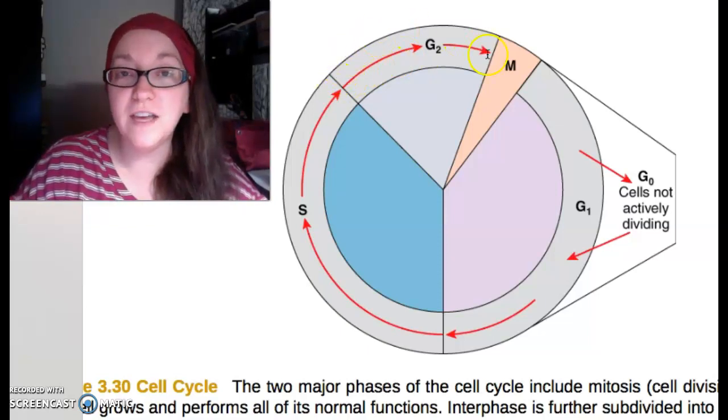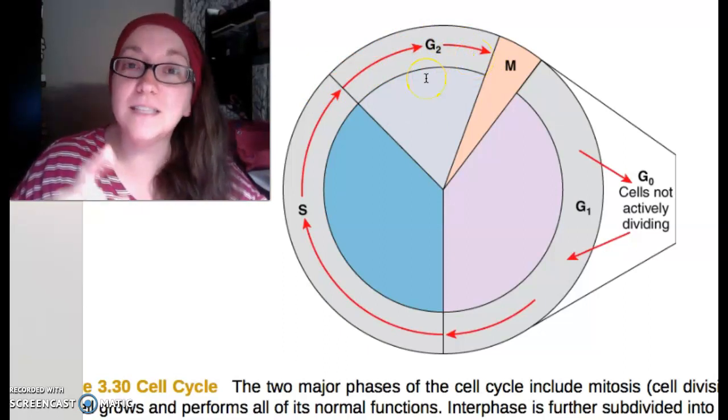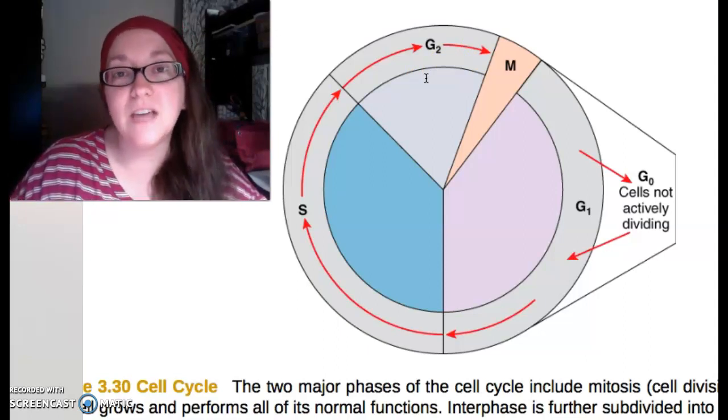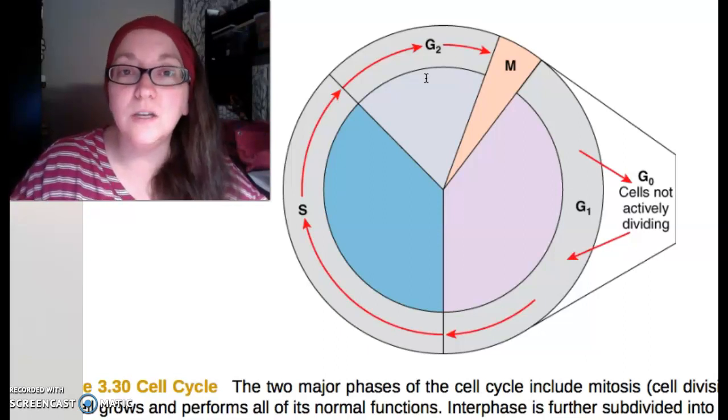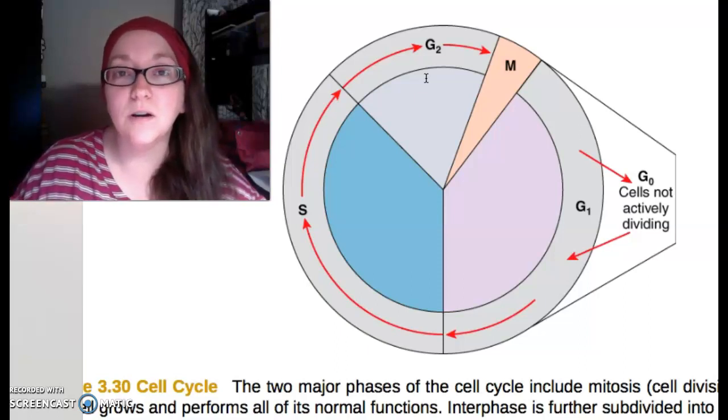G2 is the growth phase. That reminds me of just the growing and getting ready for the baby to be born, that belly bump getting bigger and bigger. For a cell, they're going to have to copy all the organelles. So just like we have to have 2 sets of DNA, you'd also want that new cell to have enough mitochondria, enough ribosomes, enough Golgi apparatus, all the different organelles that the cell will need to grow and survive. You want to make a duplicate or a bunch of duplicates of each one. That way, when the cell does divide, each cell has everything it needs to get off to a good start